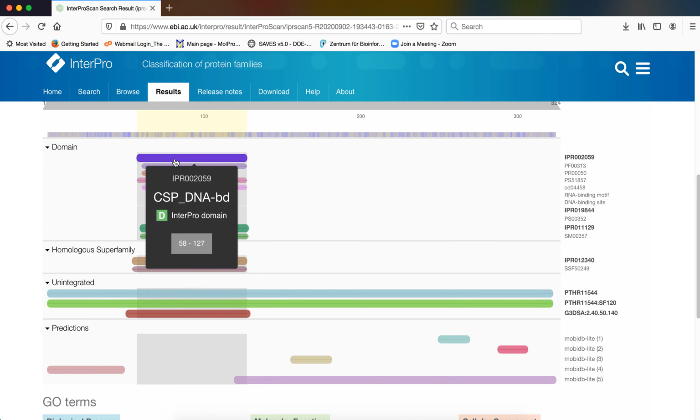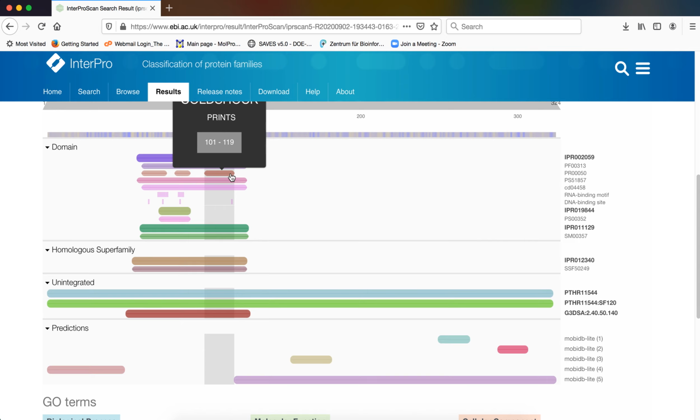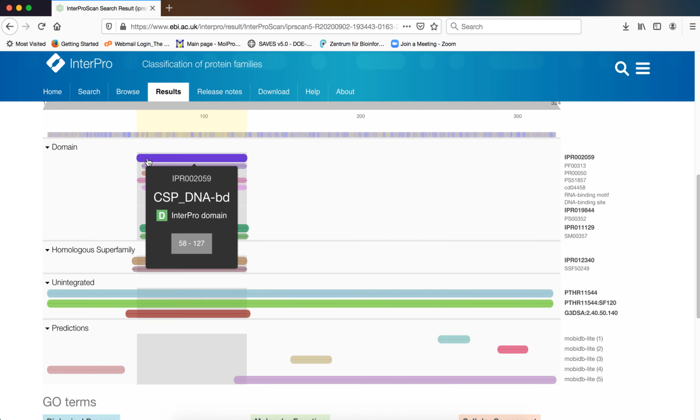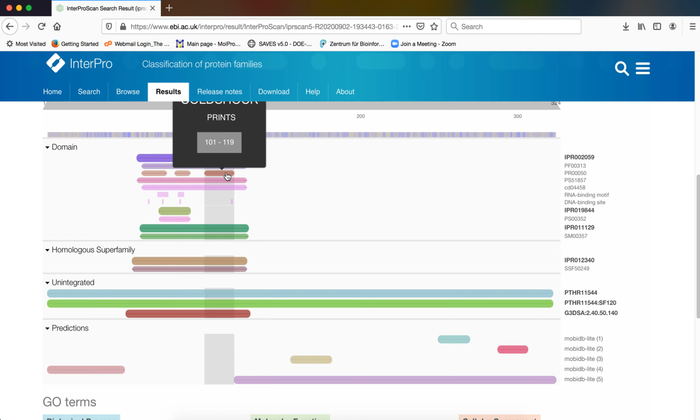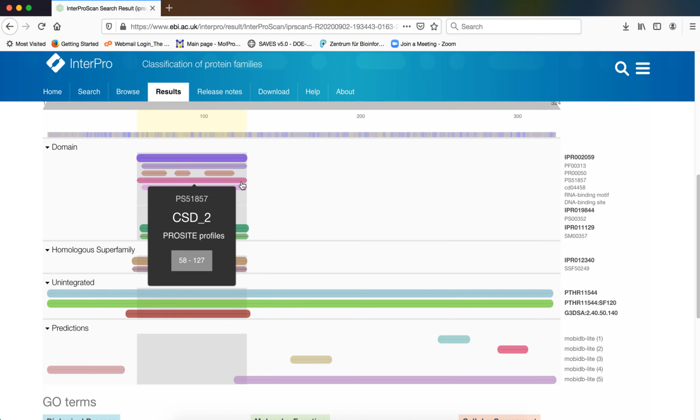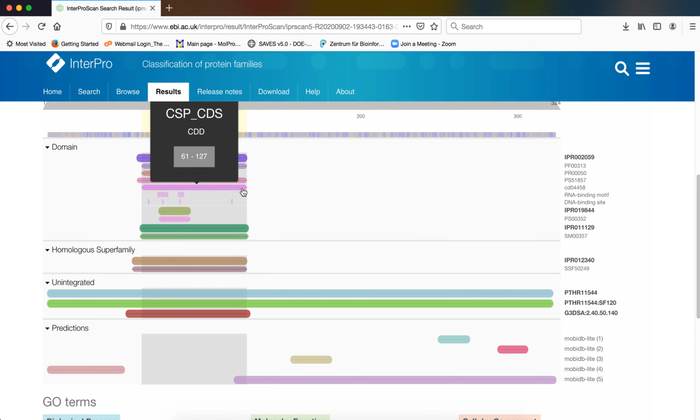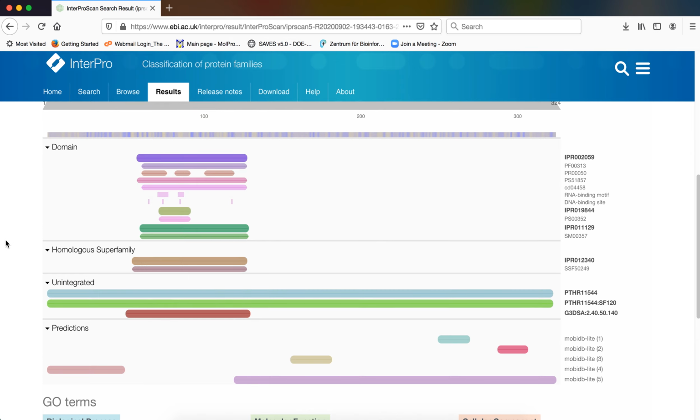If we place our cursor on the individual domains that InterPro has identified, you will find that each of these domains has a different database from which the information has been taken. The first one is specific to InterPro itself. The second one is information from PFAM. The third one is information from PRINTS. Fourth one is information from PROSITE profiles. Next is information from CDD, and so on and so forth.